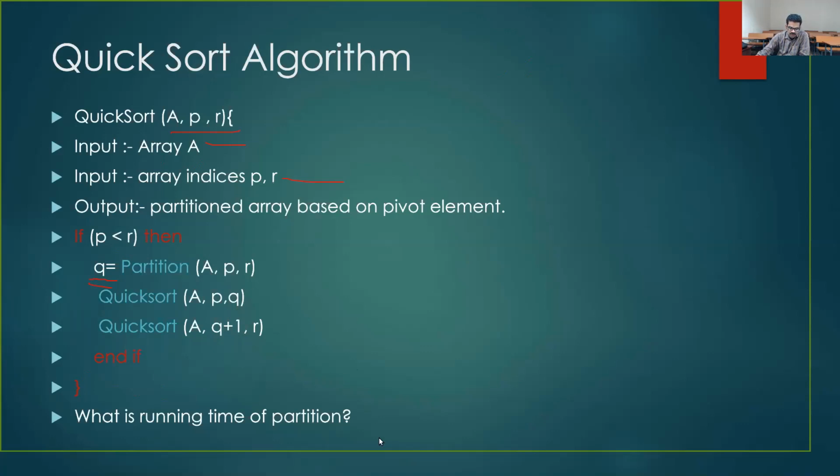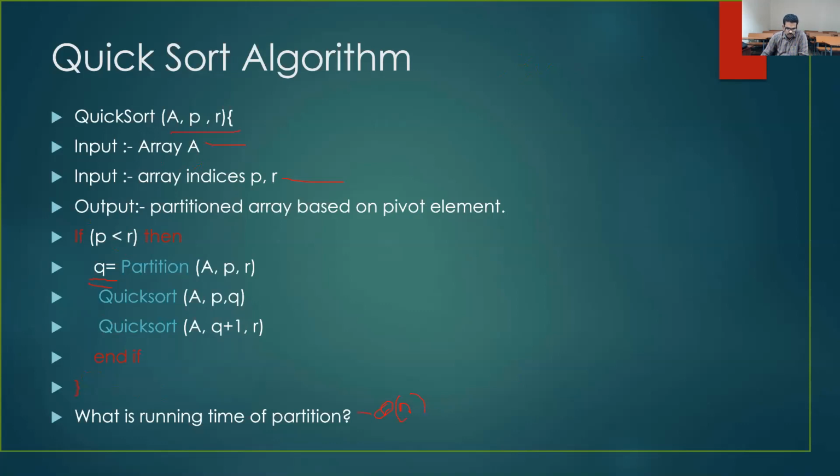So what is the running time of partition? From the for loop itself you should identify that if n is the size, then it will be theta of n, since the for loop executes n times. In the merge sort example, I didn't give the merge function; you can write it on your own. I mentioned the merge function has a running time of theta n. Merging is similar to this partition, where instead you have two sorted subarrays, and when you merge, the entire array should be sorted. So it's easy for you to write such a merge function. It's available in the book also.